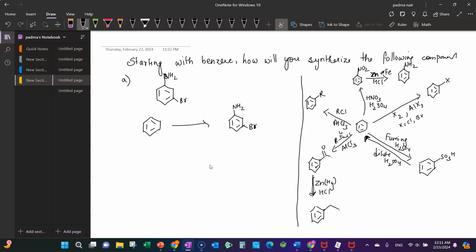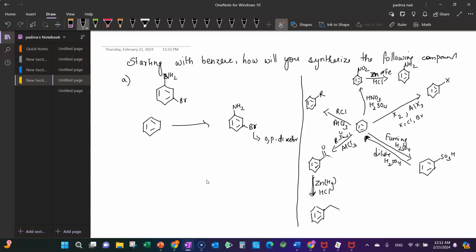Okay, right? 3-bromoaniline. So what will we do? What would be our first step here? Should we put the Br or should we put the NO2? We do not know how to put NH2 yet, but we can put NO2 and then convert it to NH2, right? All right. So if you think Br is an ortho para directive,